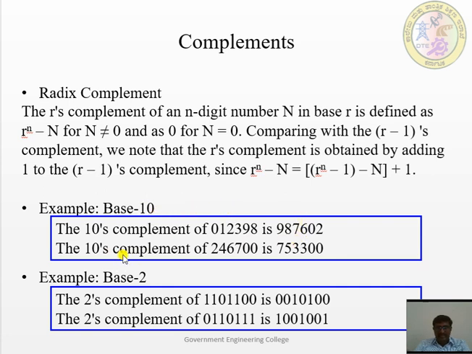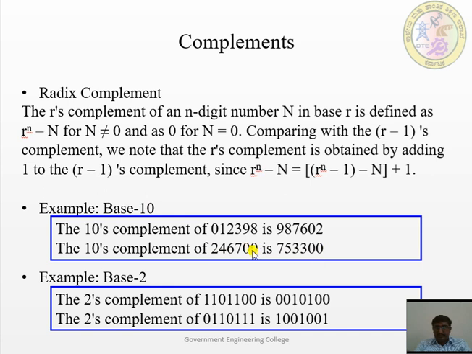Okay, so this one is the second example, 2 4 6 7 0 0. In this part, we have directly subtracted the first bit since it was a decimal value. See, the base value is 10 and the number value is 0 0. At this point, we should check the first value that is other than 0. Until that value, you should keep it the same. That first value should be subtracted by 10 and the remaining values should be subtracted by 9.